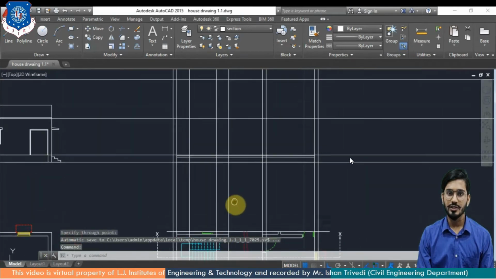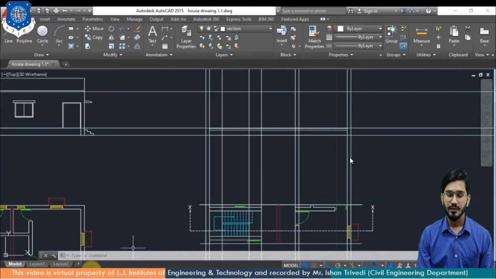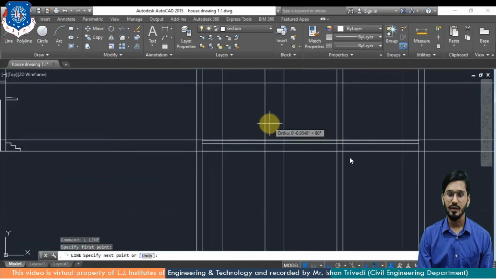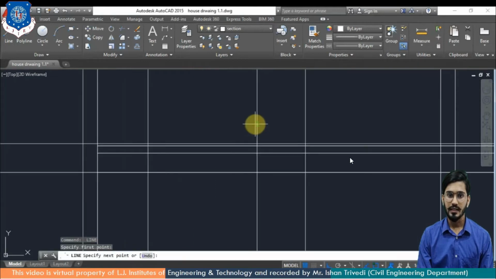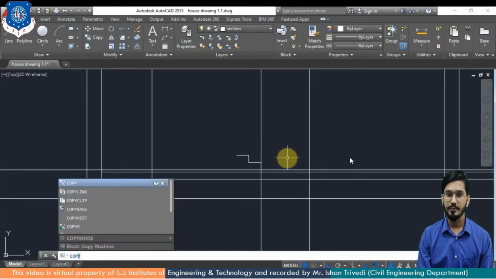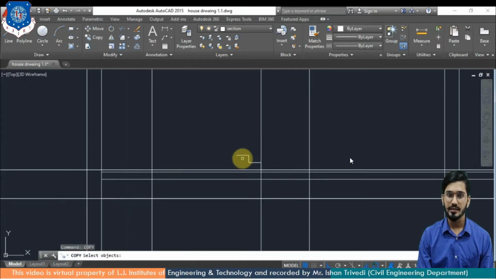Here I am going to teach you the staircase. You can see at this particular area we are going to provide a staircase. So a staircase comprises two elements, that is riser and tread. So I will provide a riser of 0.15, then tread of 0.25. You can see here 0.15, 0.25. I am going to repeat this, so I do not require to apply 0.15 every time.